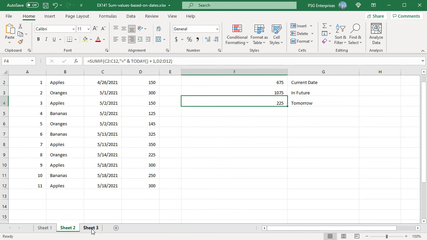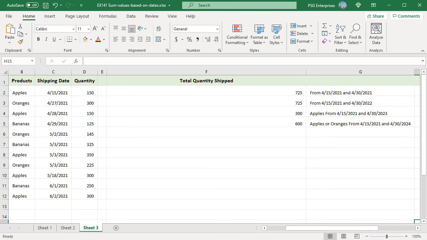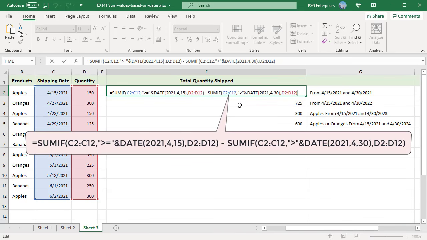To find the sum of values between two dates, use the difference of two SUMIF functions. For example, to find the quantity of total products to ship between 4/15/21 and 4/30/21, use this formula. This formula sums up the values in cells D2 to D12 if a date in column C is between 4/15/21